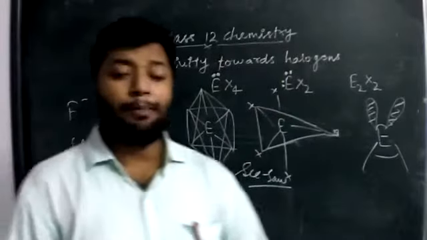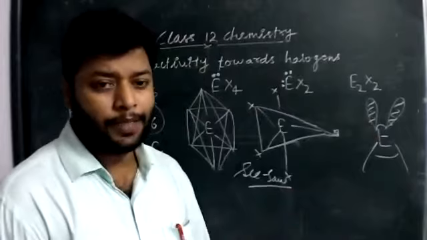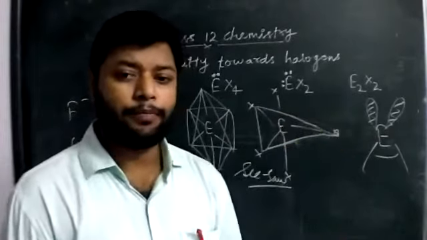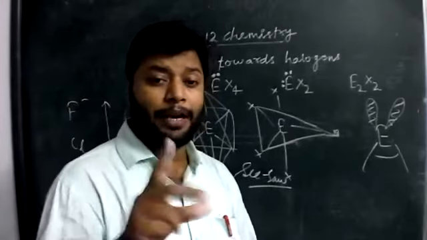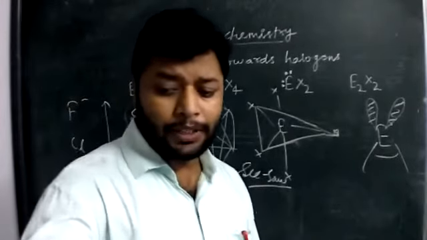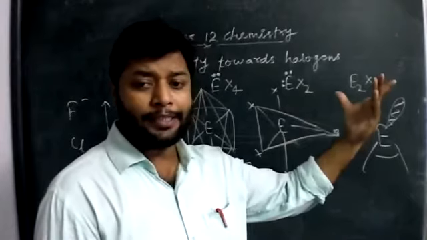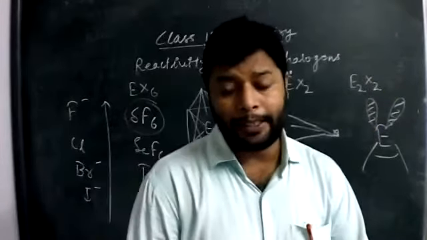This is just like the structure of water. So all dihalides have a similar structure to water. The bond angle will be different, but the structure and geometry will be similar to water. This is about the geometry of the different halides. Monohalides will always be linear, so there is no need to describe the geometry here.